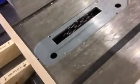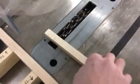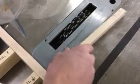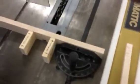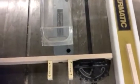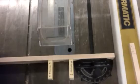Lock it down. Alright, so you can see what's happening under the guard, which I'm going to put down in a minute. The dado set here is 3/4 of an inch wide, so when I get to that point it's going to grind that away, and I have it set to about halfway up, which would be 3/8 of an inch. So let me get the camera in place here and we can see how this is going to work. Alright, so you can see on